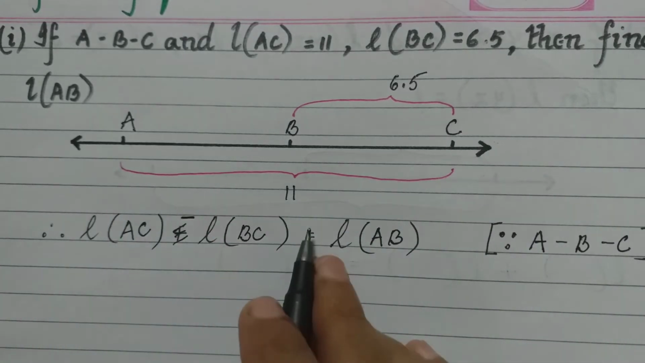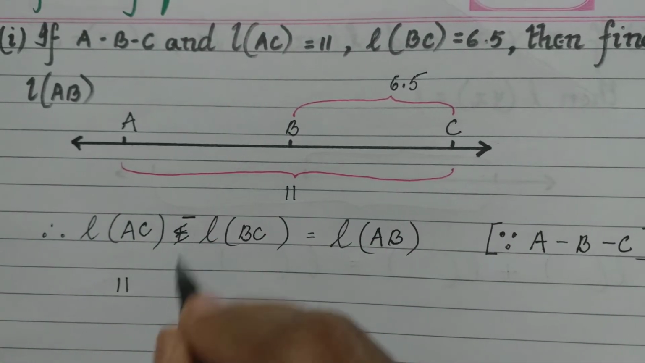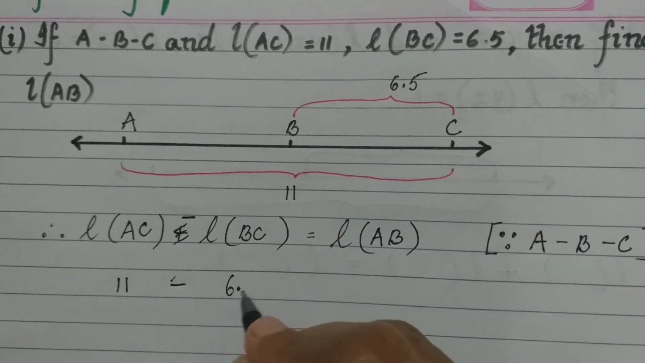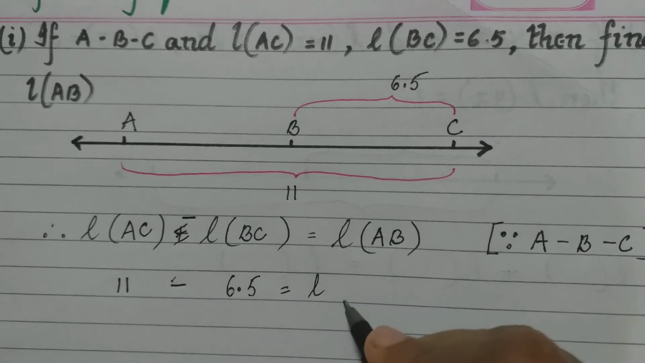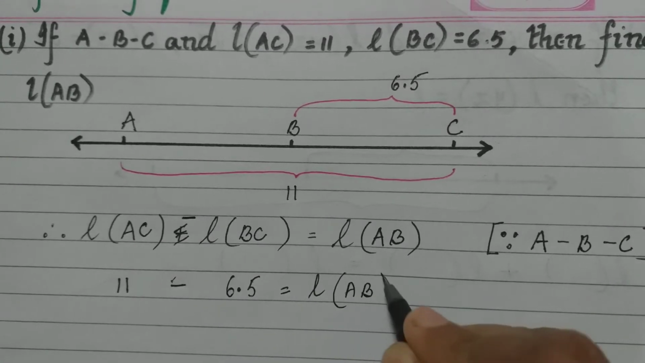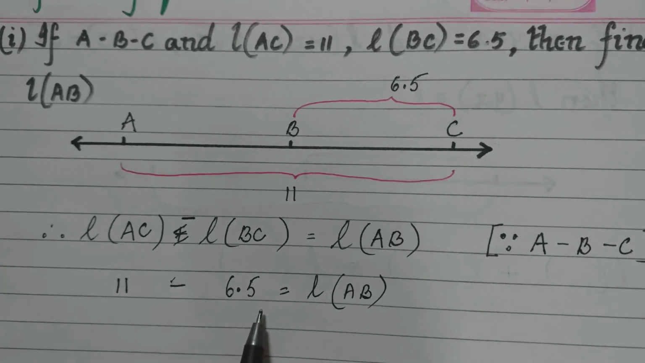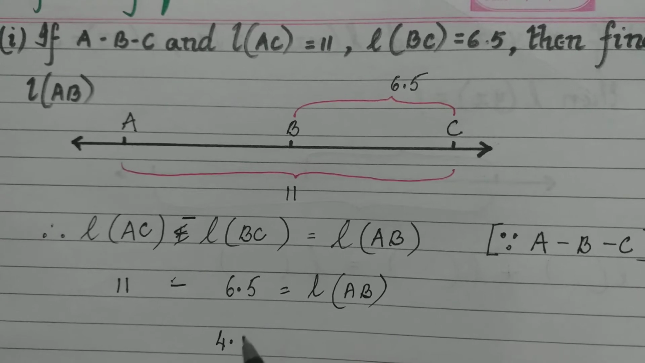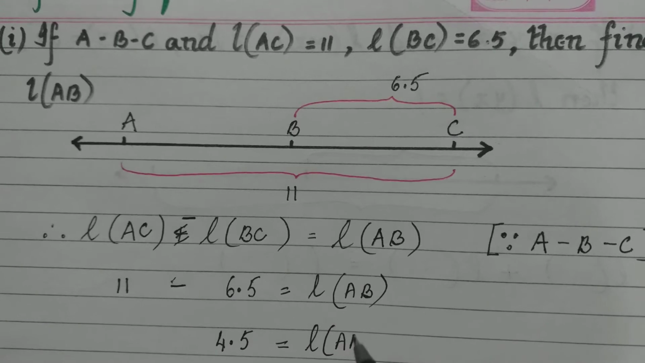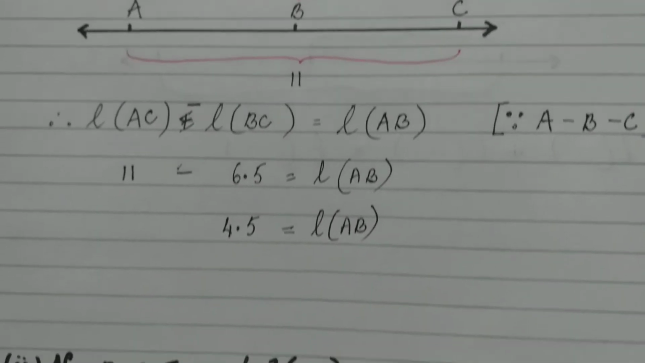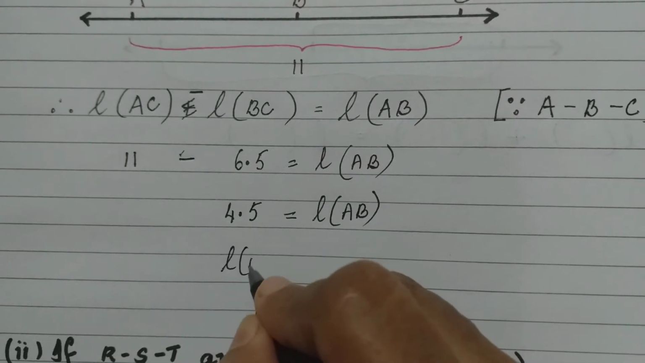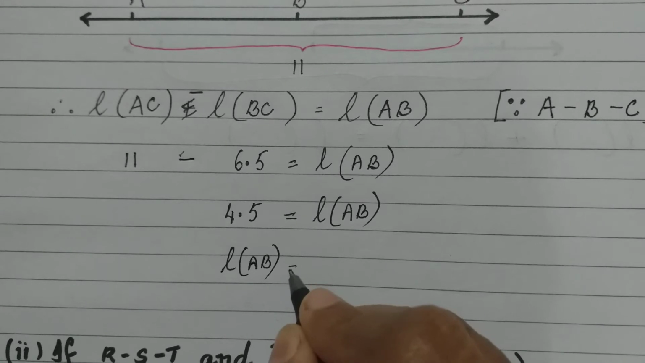Now, what is length of AC? It is 11 minus, what is length of BC? It is 6.5. That is equal to length of AB. Okay. What is 11 minus 6.5? That is 4.5. So 4.5 is equal to length of AB. So if I want to find length of AB, what will I do? I will exchange the sides now. Therefore, length of AB is equal to